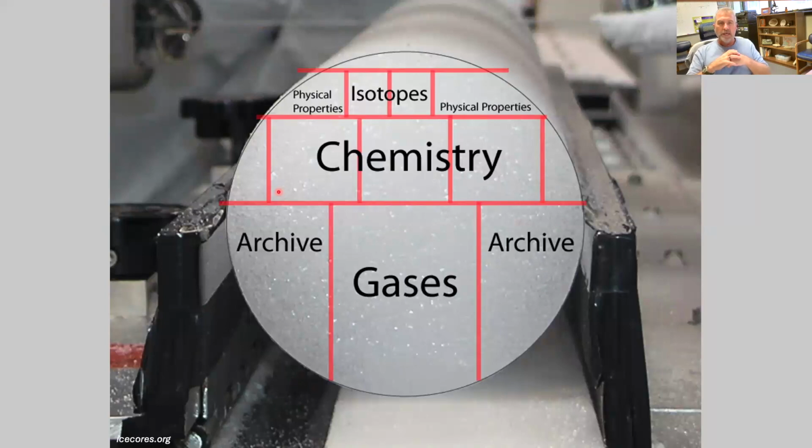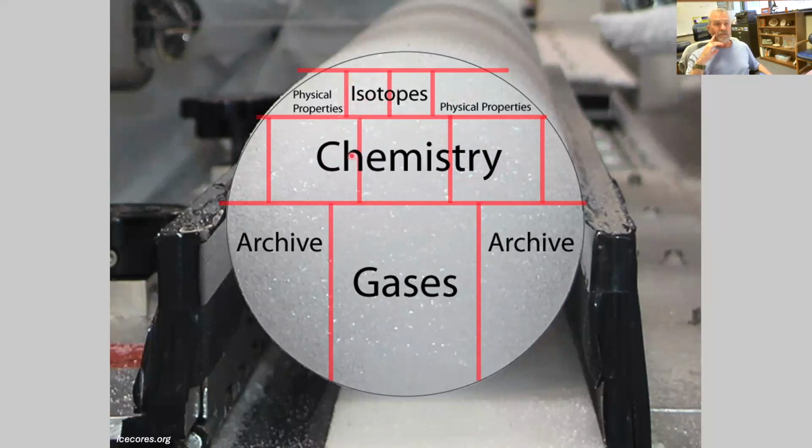And what these scientists do is they essentially take these cores and subdivide them so that different scientists can do different types of analyses, right? And the way they divide this up, I'm not sure if there's a method to this or not. I am not a climate scientist, and I don't work with ice cores. I work with sediment cores. So in this instance, I don't know if there's reasoning behind the way they divide these up, and there's some possibility that different scientists might do this differently depending on the nature of the study. But nonetheless, they divide this up.